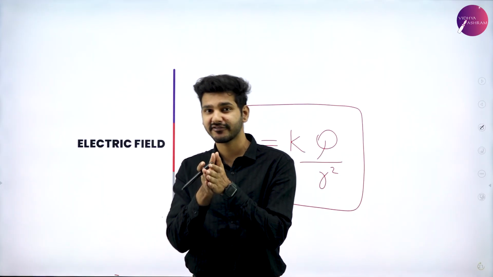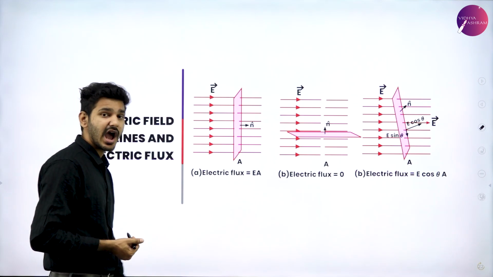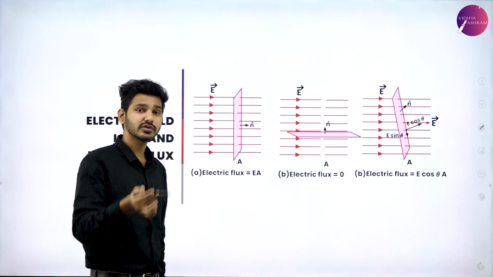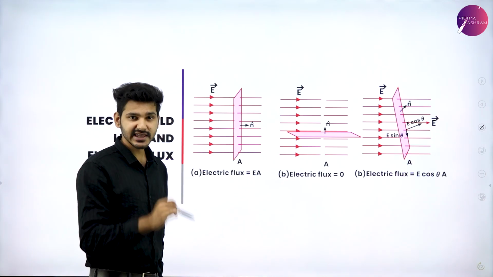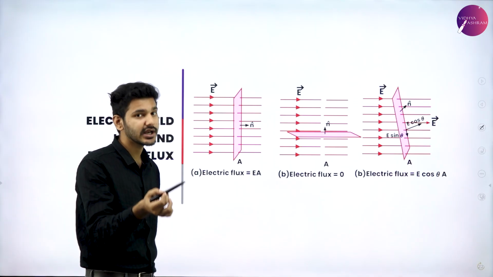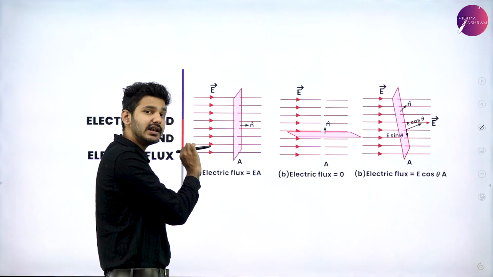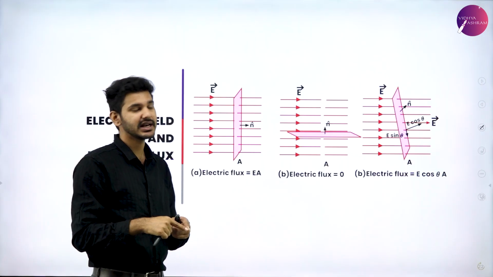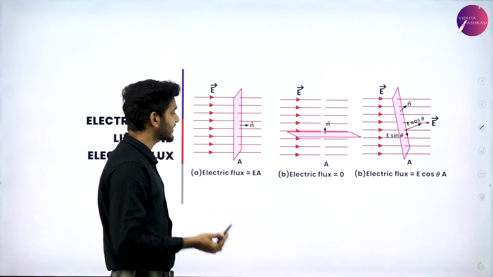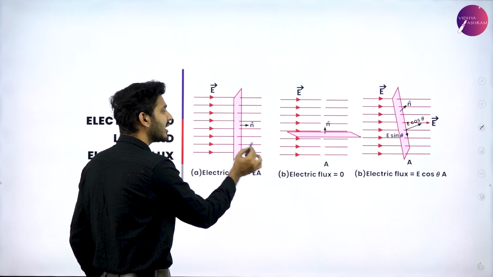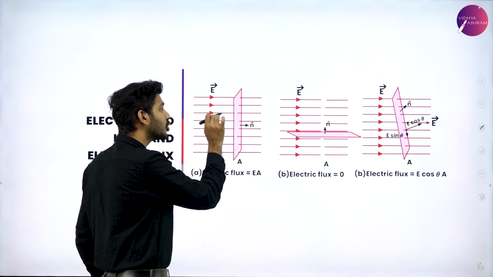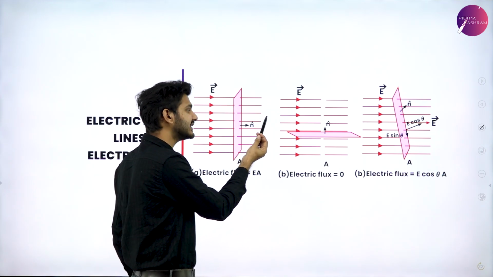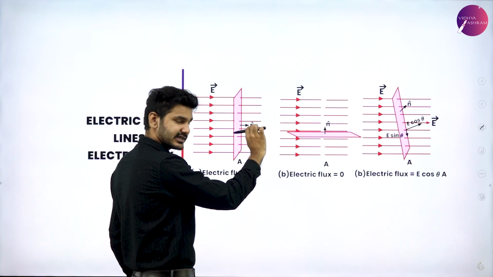So what exactly is flux? Flux actually means how many field lines are penetrating through a given area. So in order to find out the flux, we first have to determine an area through which the field lines are penetrating. In this case, the field lines are going in this direction. So if we take an area which resembles a sheet, let's say a rectangular plane, you can see that field lines are penetrating in this direction, and it is normal to the rectangular sheet we have taken. And if we rotate this area, let's say we rotate it like this, it is parallel to